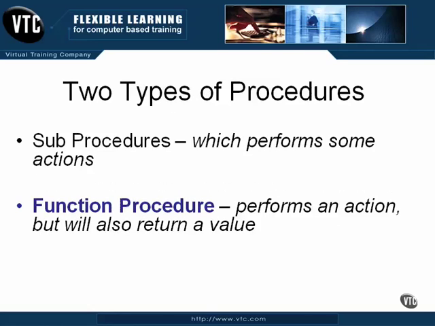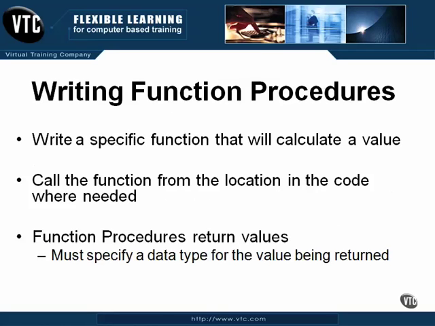You'll recall there are two types of procedures: a sub-procedure, which simply performs some action, and a function procedure, which performs an action but also will return a value. When you're writing function procedures, you write a specific function that will calculate a value. You call that function from the location in the code where needed. The function procedure will return the value, but you must specify a data type for the value being returned. As a programmer, you may need to calculate a value that will be needed in several different procedures or programs. You can write your own function that will then calculate a value and call the function from the location as